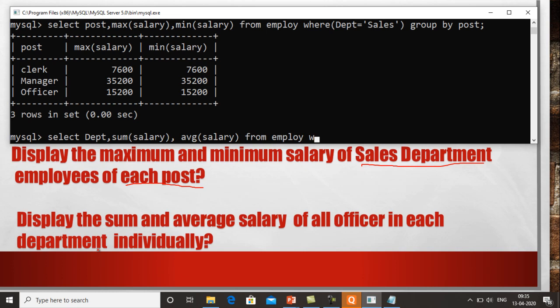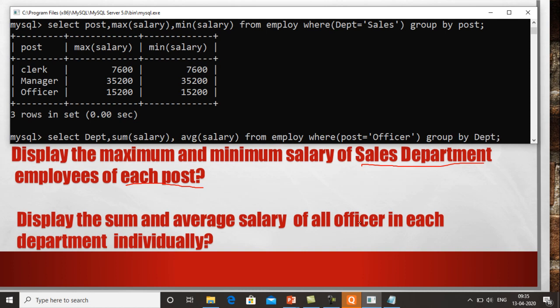Over here we want to find the salary of all officers, so where post is equal to officer, and then group by department.